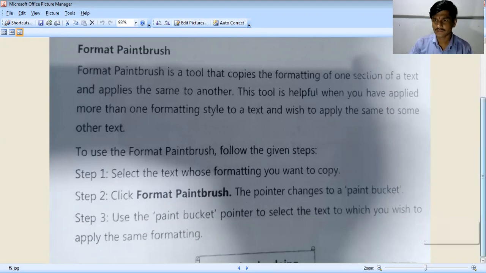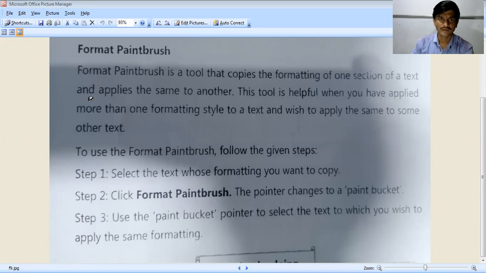use the paint bucket pointer to select the text to which you wish to apply the same format. I will show you about this. Select the text, click on format. Or directly you can select it and just put it here.